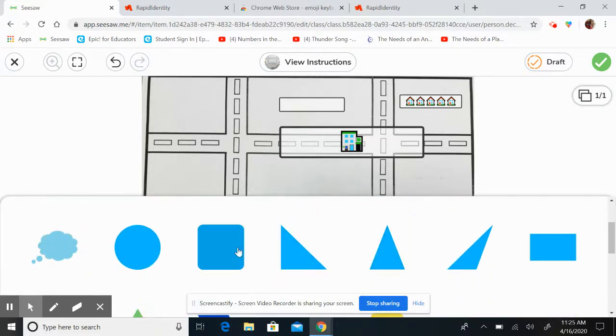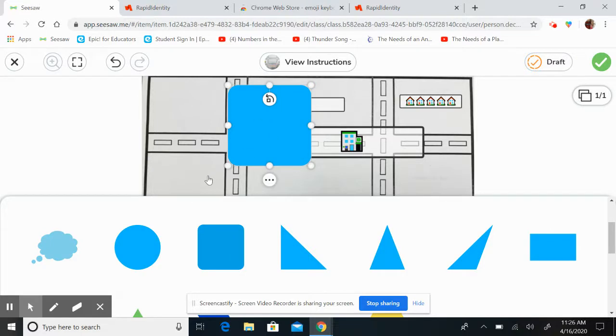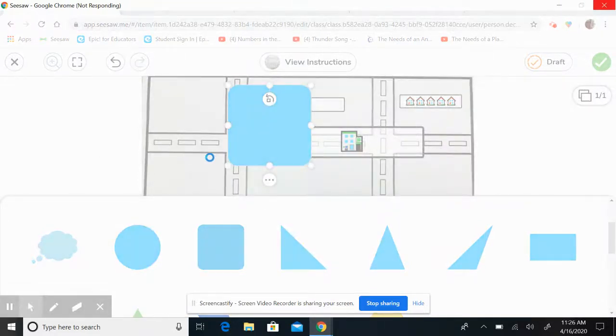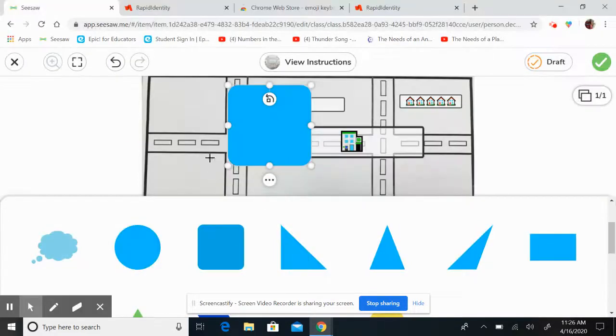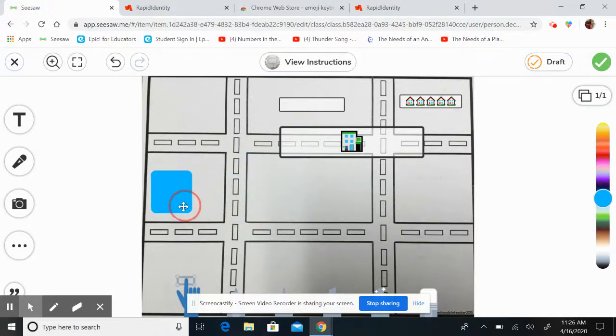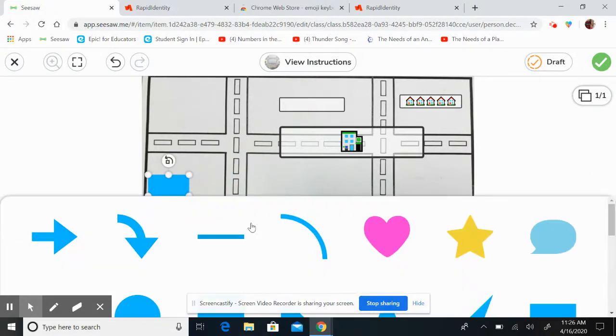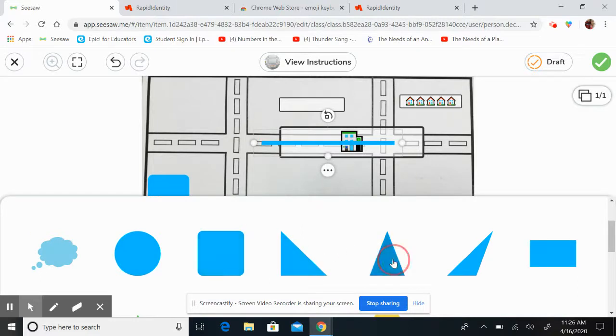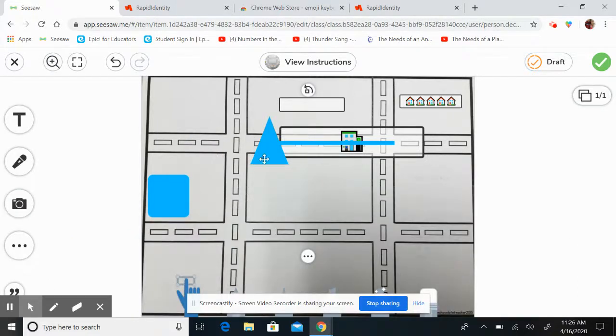So maybe they're going to make a house. They can insert a square, resize it, move it, and then add a triangle to make it into a house. They are much more creative than I am, so I will leave the creativity to them. But whatever works best for you and your family, I just wanted to offer that